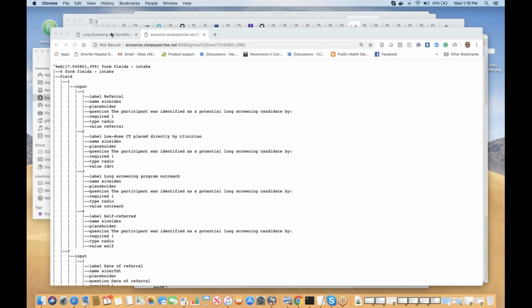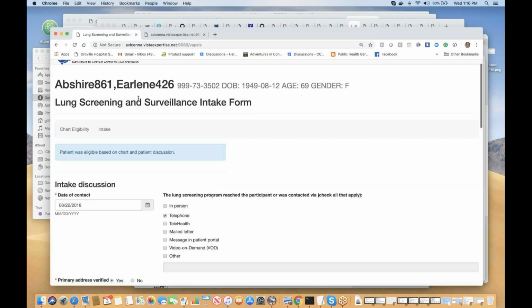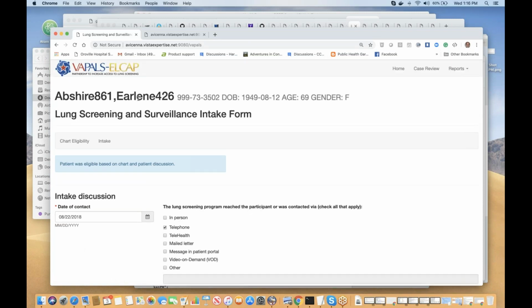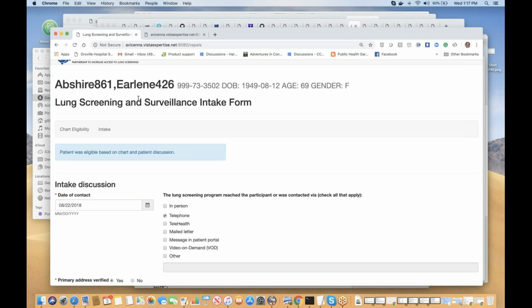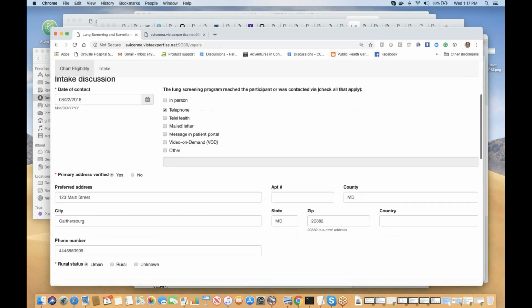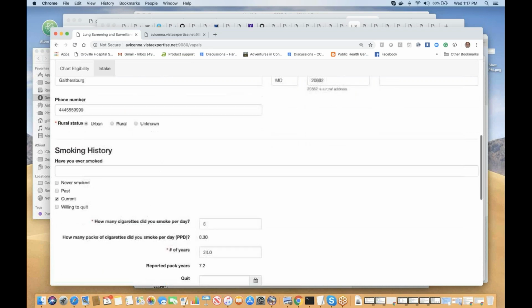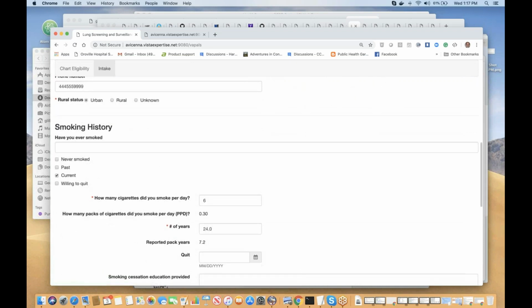All right, so the change log. This is a patient I selected that has an intake form that was already filled in. So this is a person who has already been through chart eligibility and been through the intake process and has various